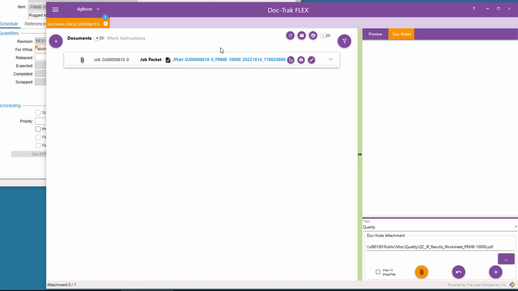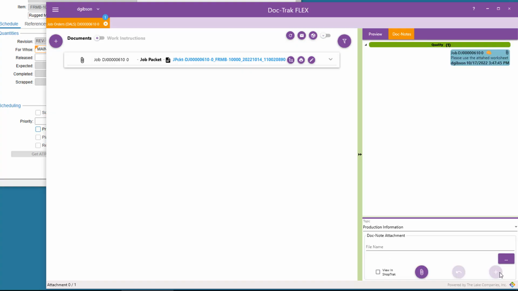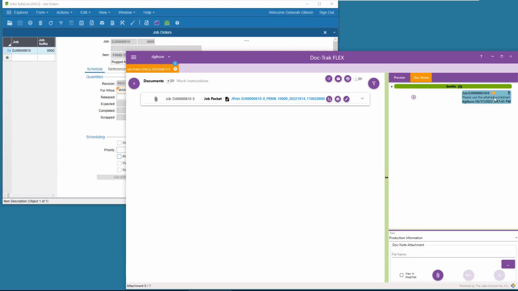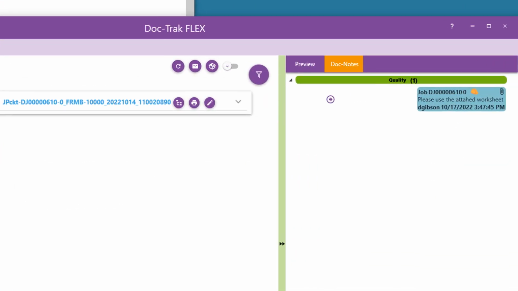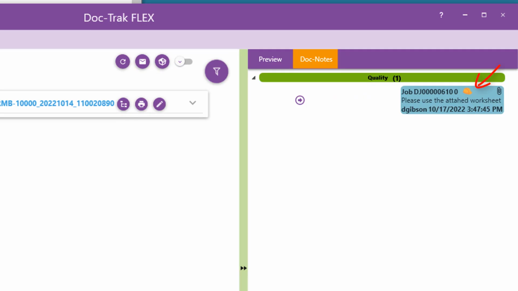Finally, to make this note in the attached file visible in ShopTrack, I'll select this box. And there it is. Now, notice this little hard hat icon. This tells Sightline users that this note, as well as the file that's attached to it, are both visible in ShopTrack.